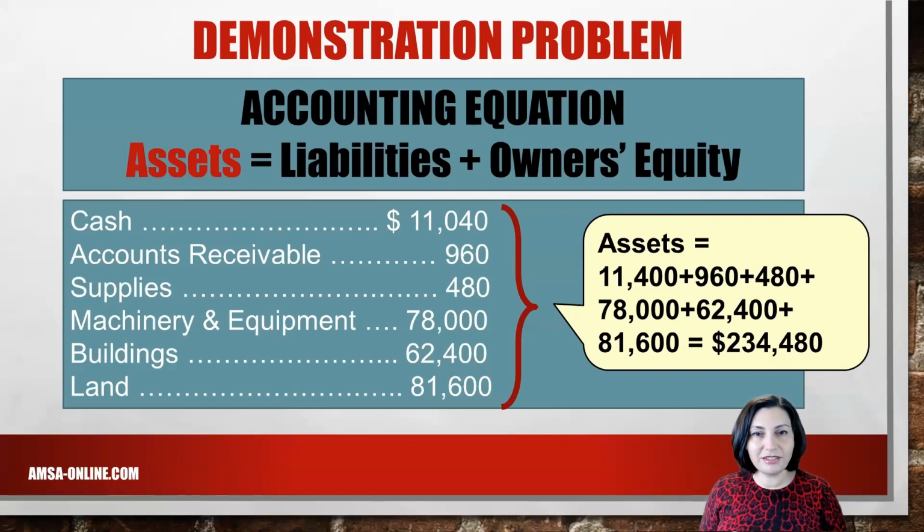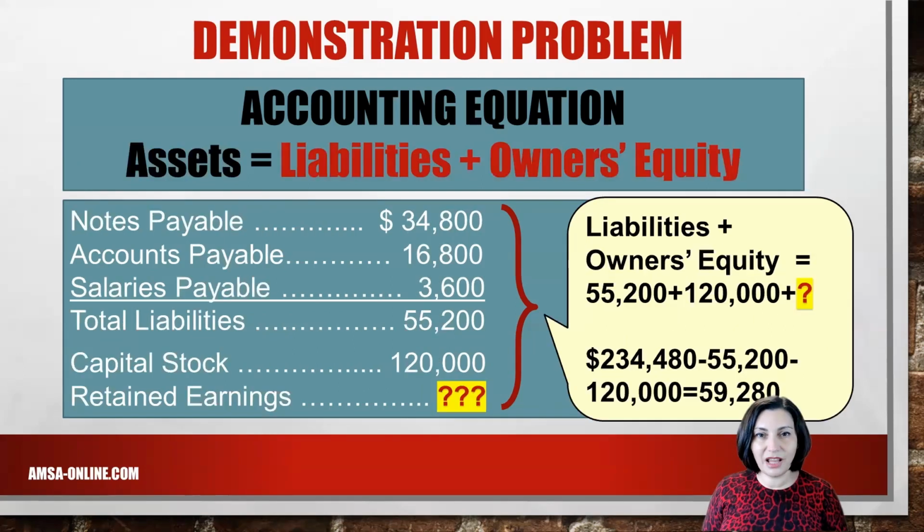We know all balances in the asset accounts. We also know that assets are equal to liabilities plus owner's equity. Let's add all asset balances together. The total is $234,480. Total liabilities are $55,200. The capital stock is